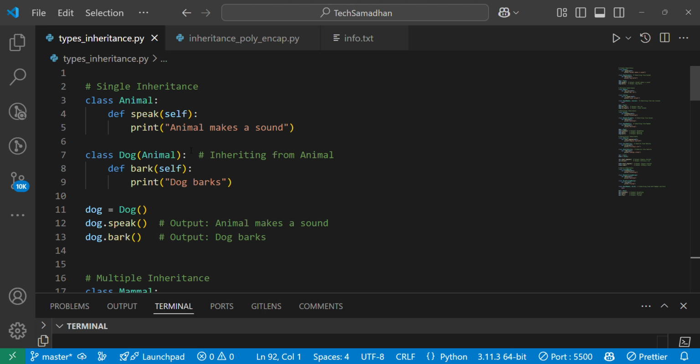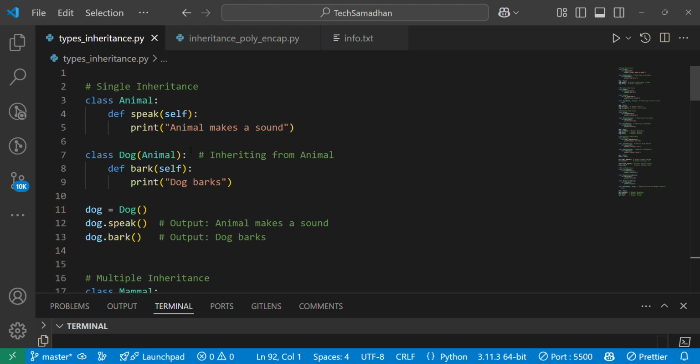So single inheritance is what we saw in the last video. One class inherits from another. So basically, what a child inherits from a parent class is single inheritance. Understanding it further, we can imagine a family where knowledge and skills are passed from parents to children. In any object-oriented programming language like Python, Java, C++,